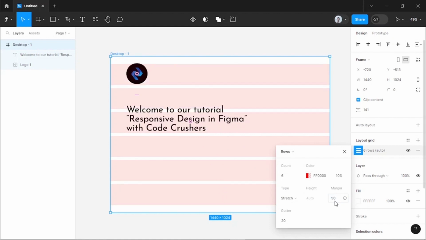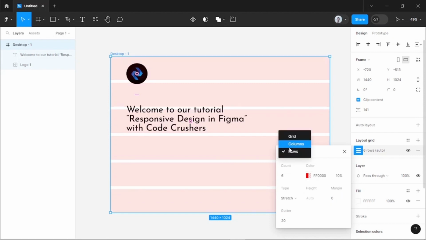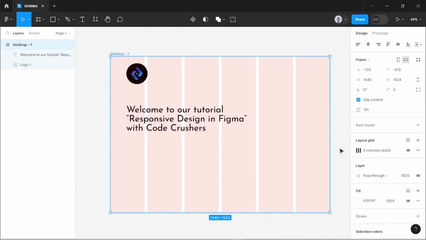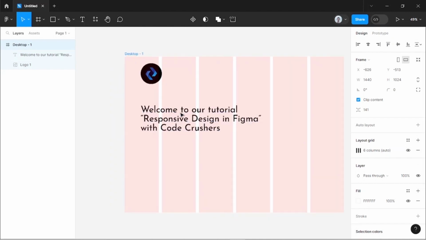Let's give an example like 50. As you can see here, the gaps are for the top and bottom, but in the columns are for the left and right. Okay, let's put it to 0 here, and let's put the columns because now we want to practice how we can benefit from these properties. Okay, so let's close this tab, and here let's drag